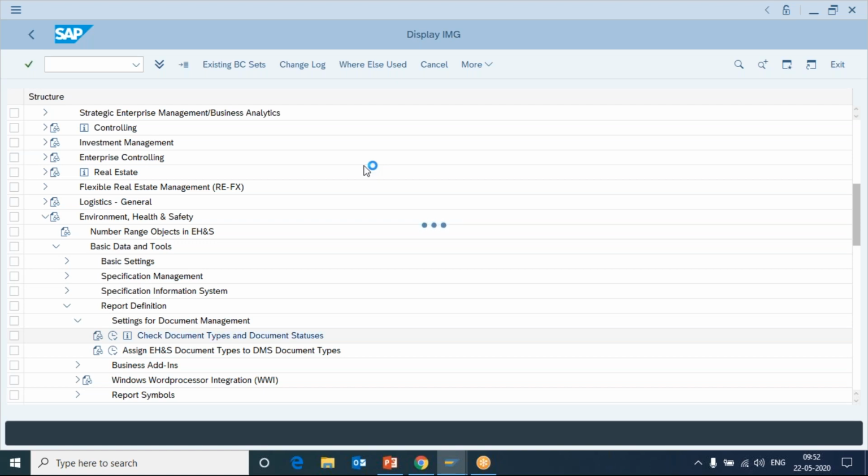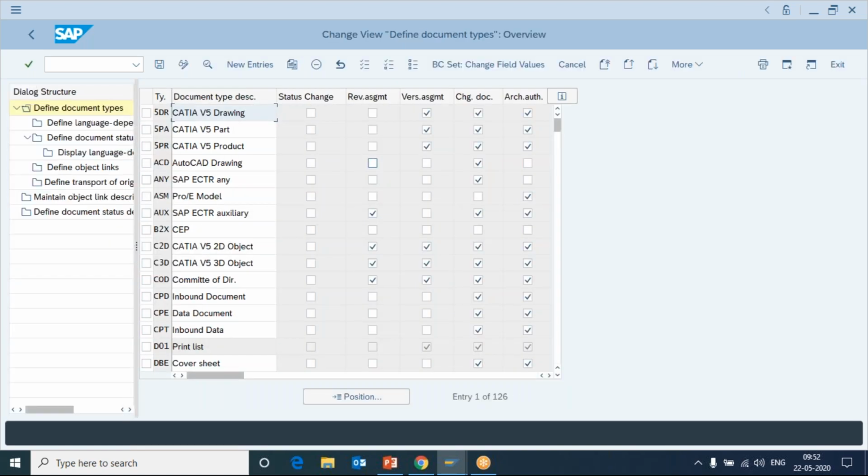As a SAP EHS consultant, you will have access to this configuration part, but as an end user you will not have. You will be only using the transaction codes to carry out your daily operations. You will not have access to this part of the system wherein we do the configuration; that will be strictly limited.